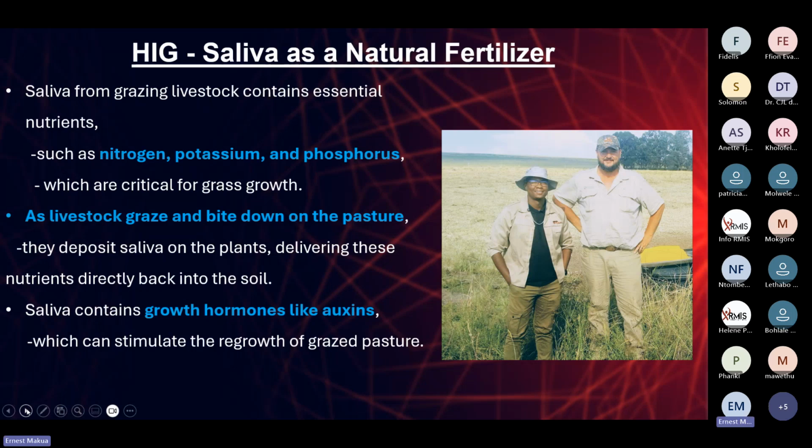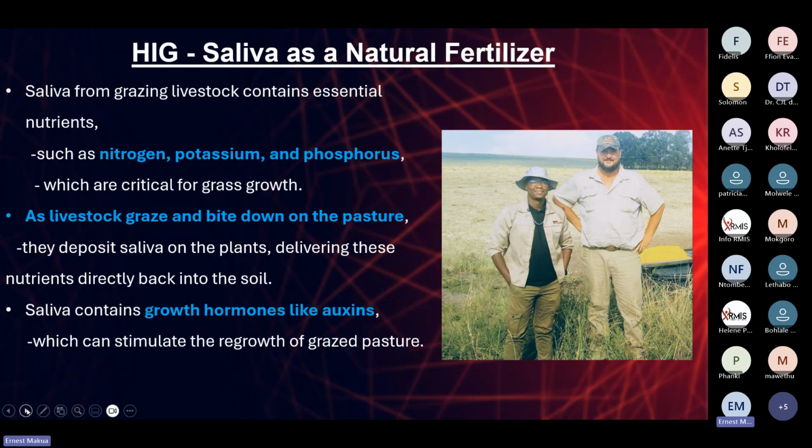That is number one. As livestock graze and bite down on the pastures, they deposit saliva on the plants, like I said, delivering these nutrients directly back into the soil. And saliva contains growth hormones like auxins. Auxins are very important in terms of stimulating the regrowth of the grazed pastures. So you can tell that there's increased